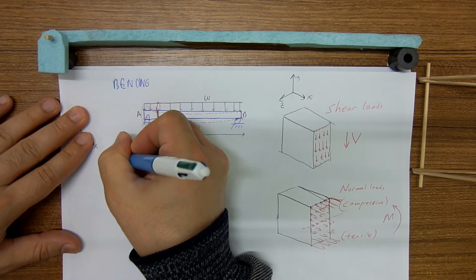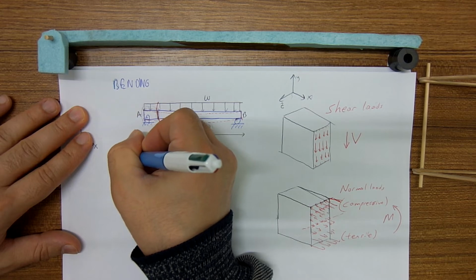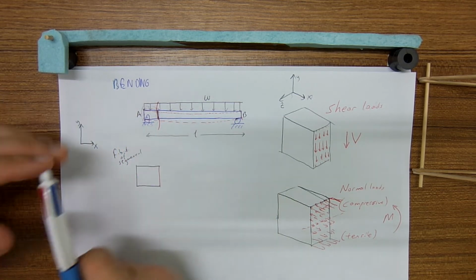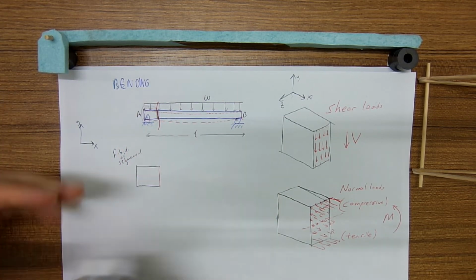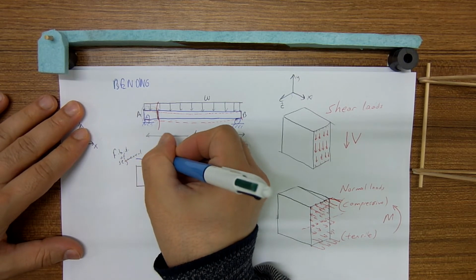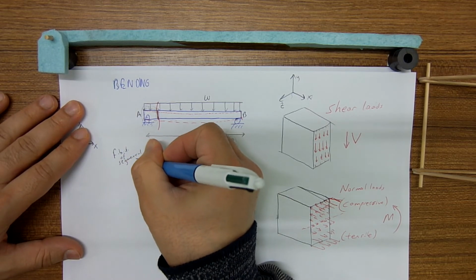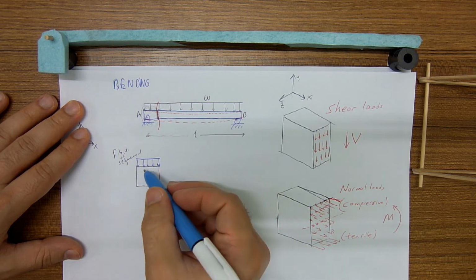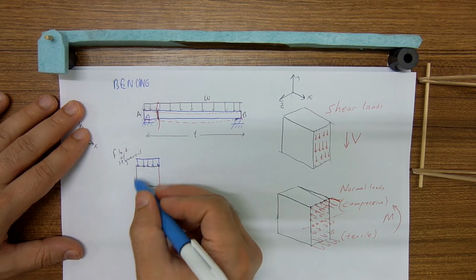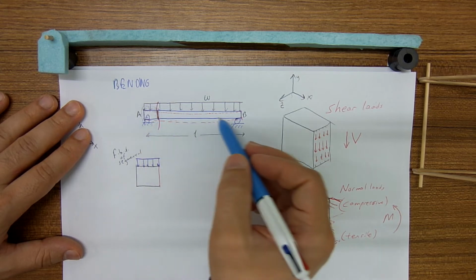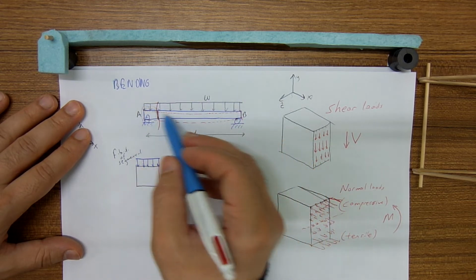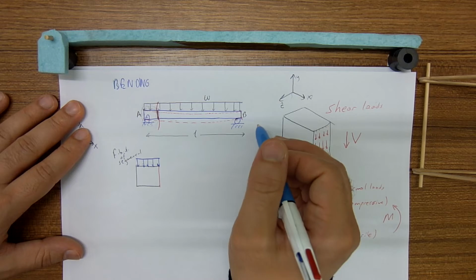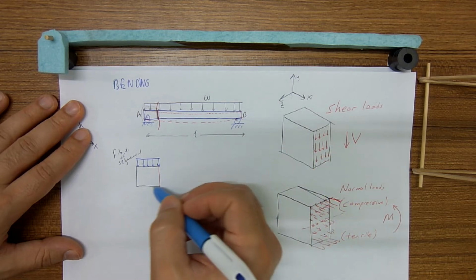Free body diagram of segment 1. Here we have got distributed load. Just remember that this distributed load is the weight of the segment. Before, what you saw as a distributed load was the weight of the whole beam, but here it is the weight